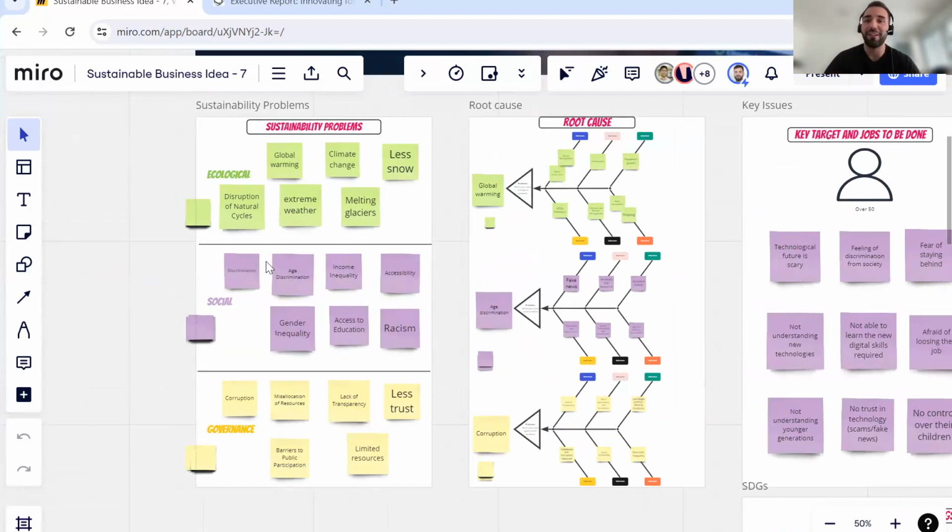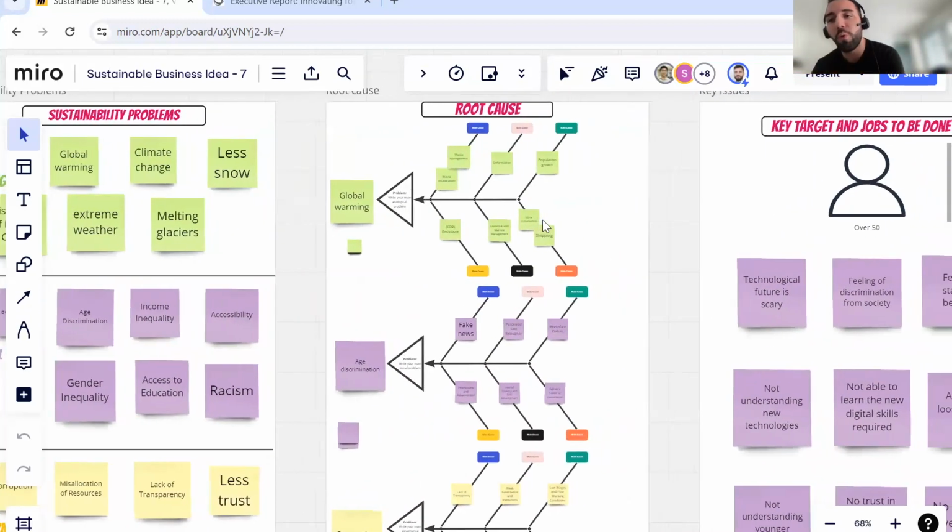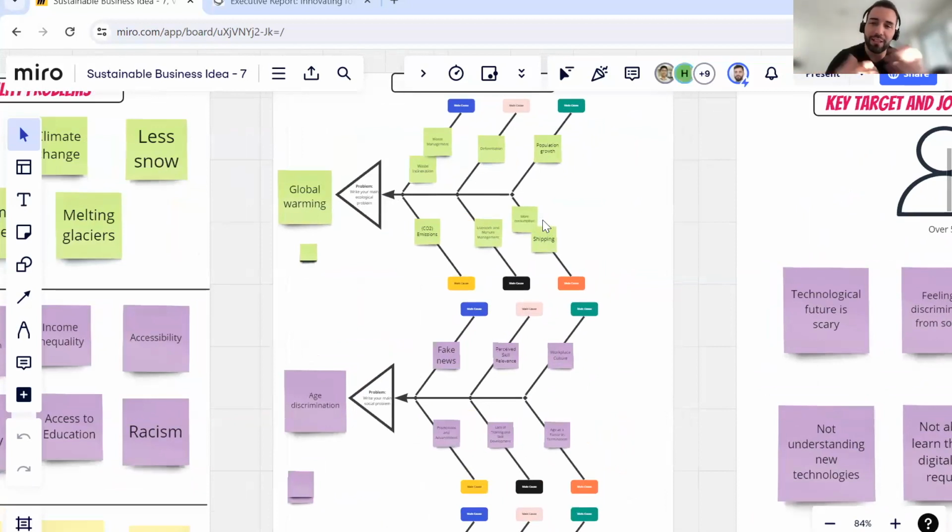And the risk there is also that they focus on very broad issues, and then they feel a sense that we are useless. You know, we cannot do anything because the problems about sustainability are so big, so important. How can a startup deal with a sustainability issue? So we basically are saying to them, well, even global warming, which is a huge issue, you can break it down into smaller problems. So we are basically using this root cause to determine some specific cause of global warming.